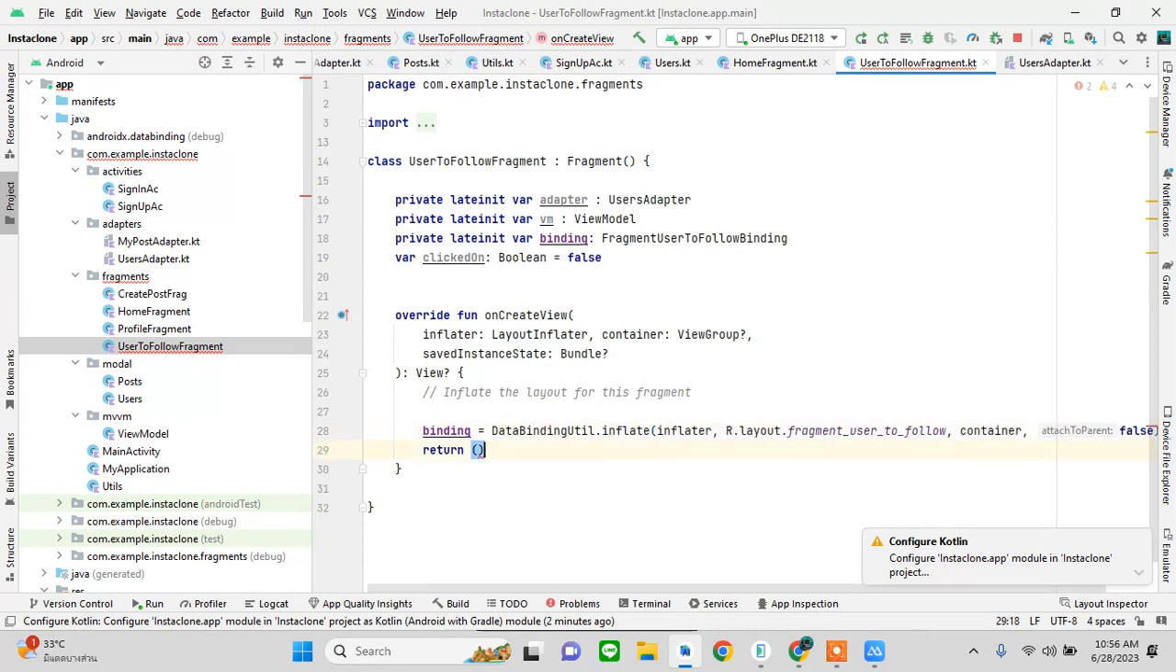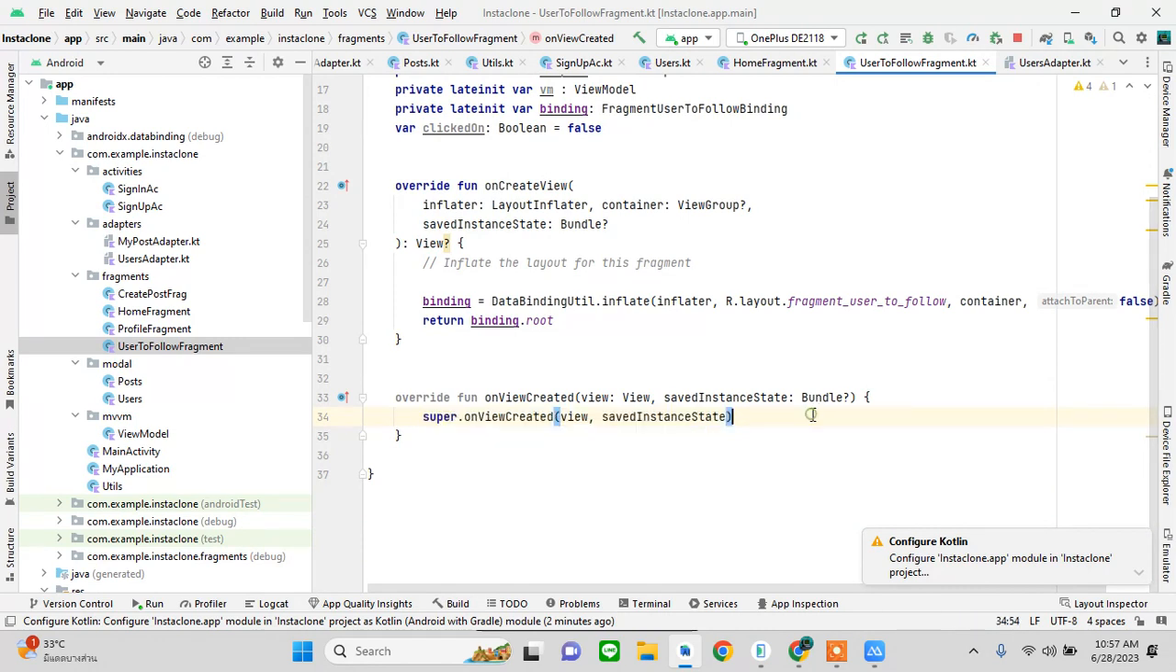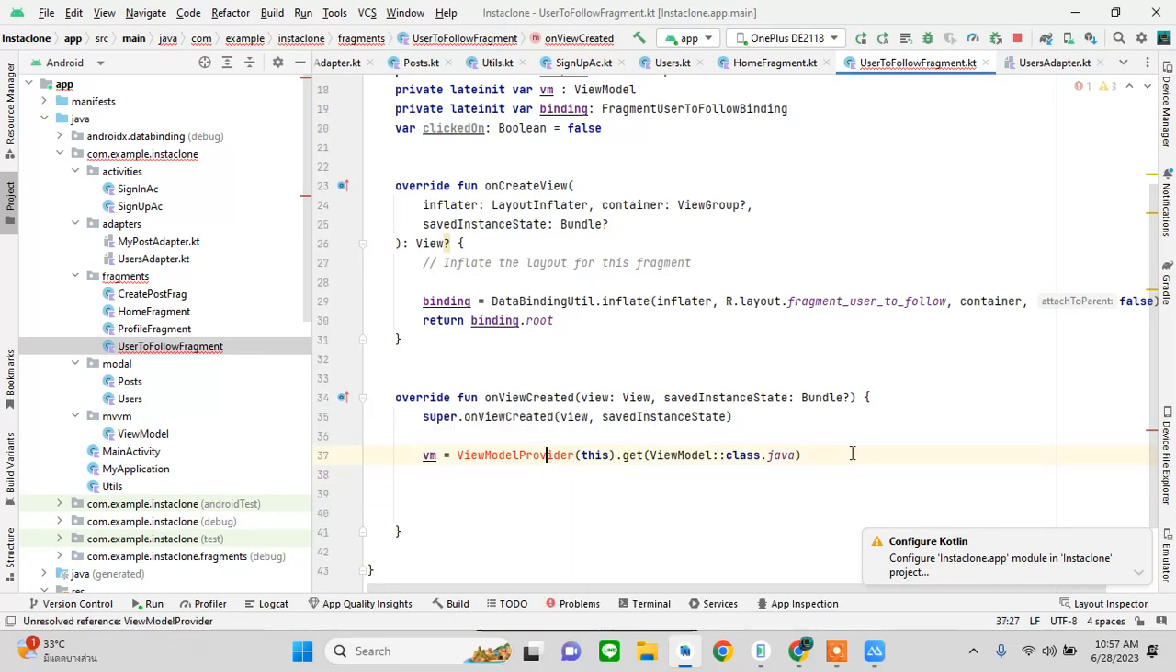Okay, return binding dot root on view created, and here we have a lot of work to do. So first of all, the same thing, the view model instance, the adapter instance,